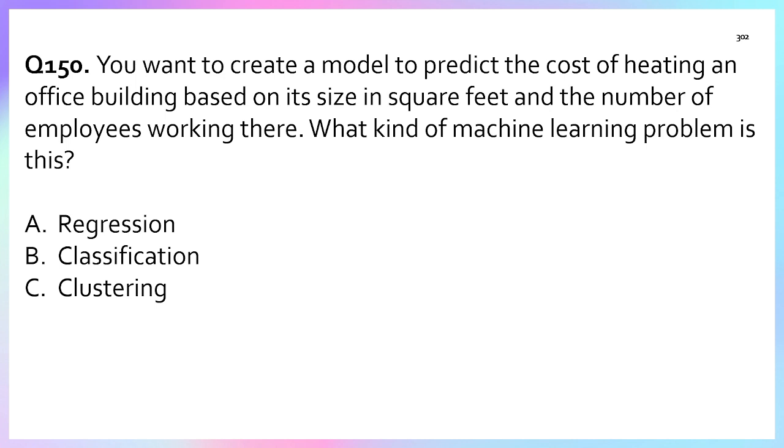Clustering is based on grouping, so option C is incorrect. Option B, classification. Classification is only used to categorize things, items. So option B is incorrect. Yes, option A, regression, we will use, because regression is used to predict a value based on the label value or feature values, and there can be more than one feature. So regression is the correct answer here. So the correct answer is option A. Again, I am not explaining regression, classification, clustering, because I have explained them many times. So the correct answer is option A, regression.